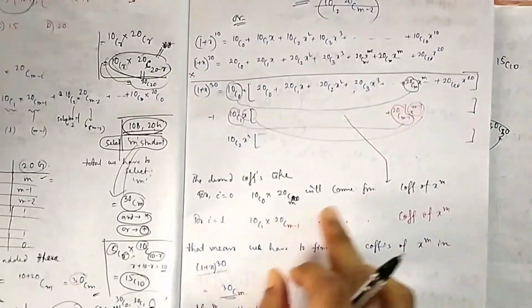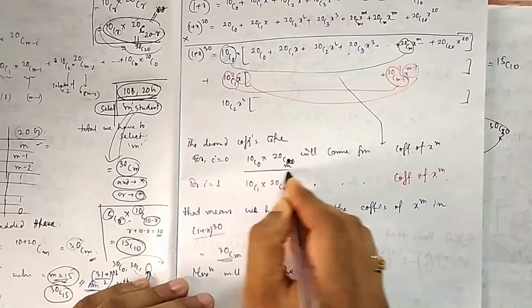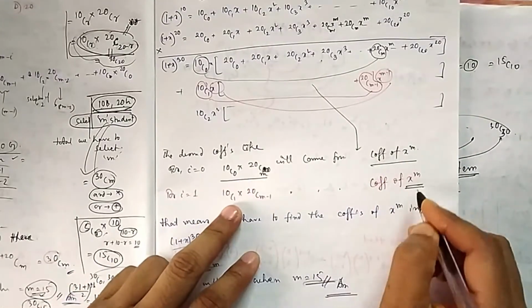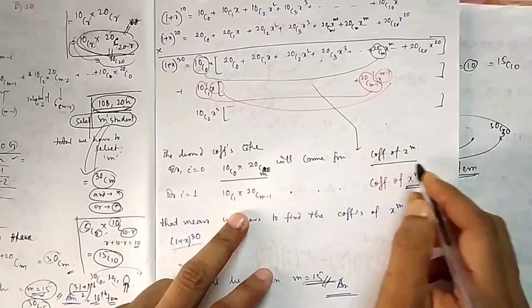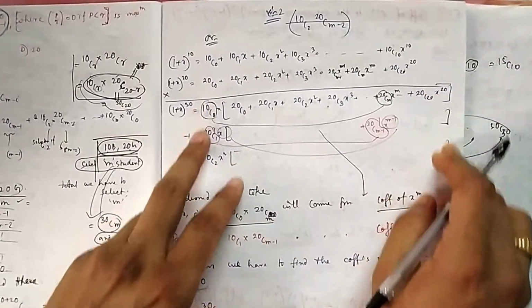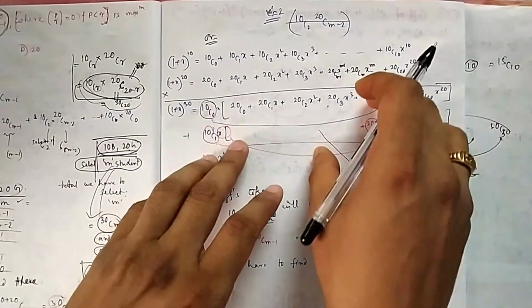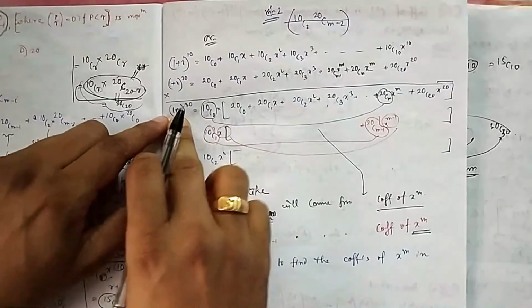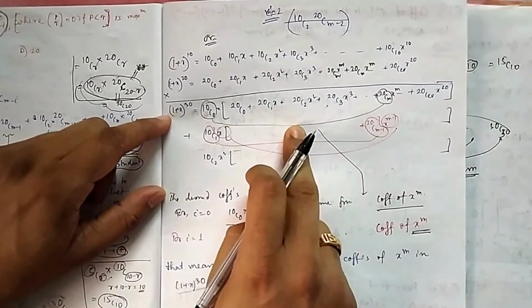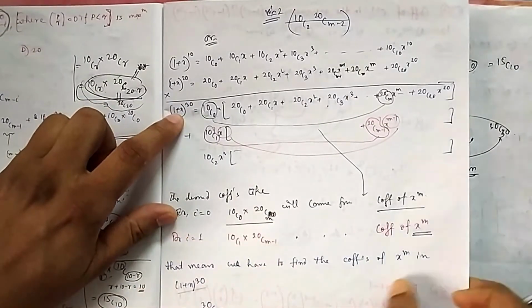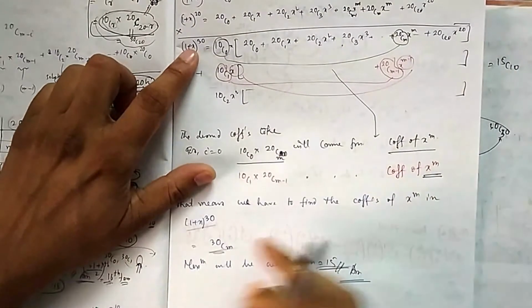So from here you are taking only the x to the power m terms. This will be the coefficient of x to the power m, and this is also the coefficient of x to the power m. If you sum all this, you are concerned only about the coefficient of x to the power m. Whatever you get from here, you will get the same from the other side, because left and right are the same. If you take these two product, it is (1 plus x) to the power 30, 10 plus 20. So you find the coefficient of x to the power m in this expansion.